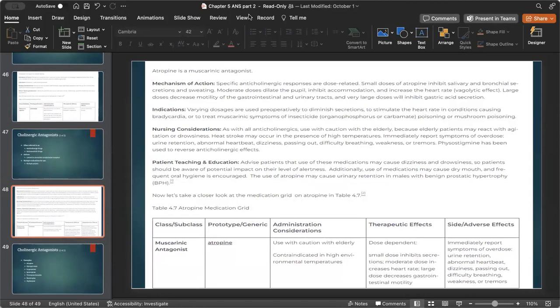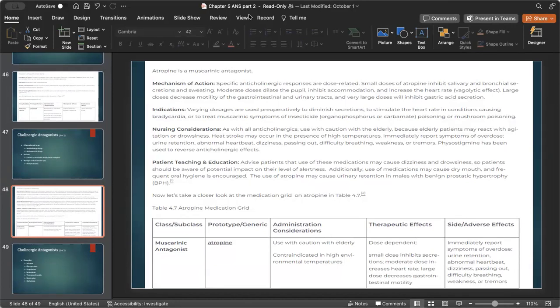cholinergic-like responses. So that means we're going to have actually sympathetic stimulation. So it kind of causes all those sympathetic-like responses. So this is actually an antidote. If someone were to have a cholinergic crisis, we would give one of these drugs. So we have to be really careful with this drug. It's a very important drug, but like I said, we want to do small doses